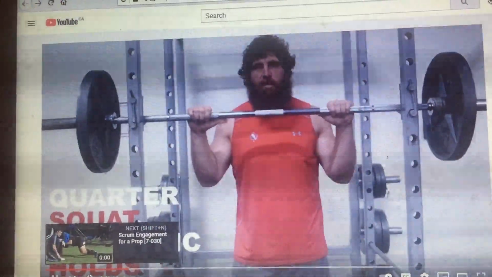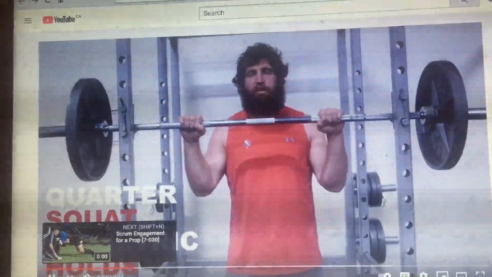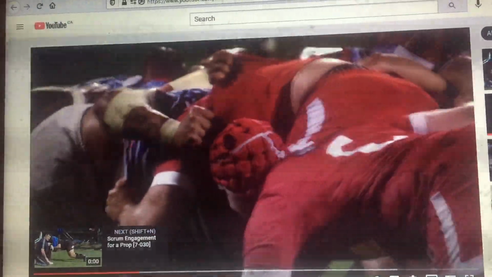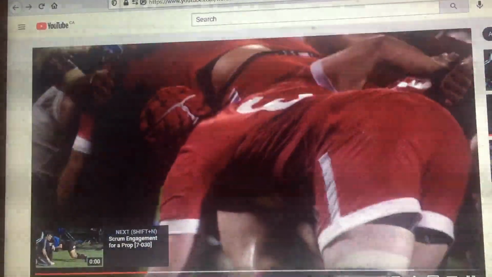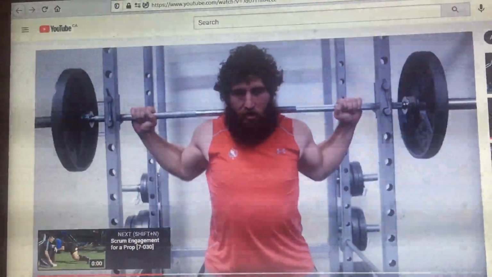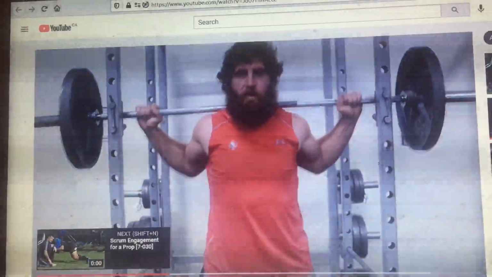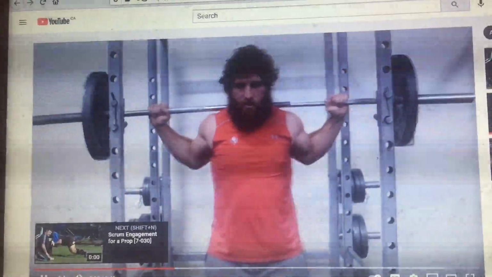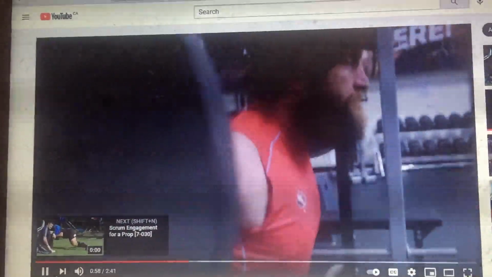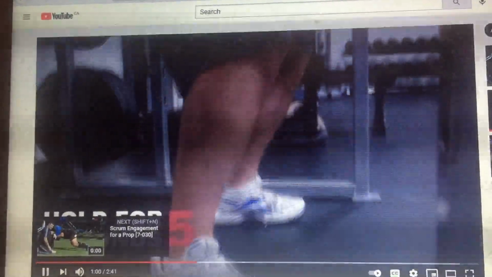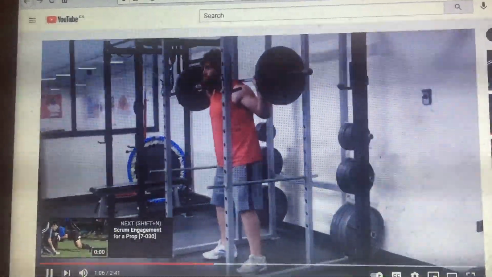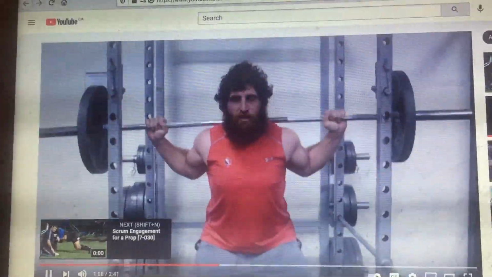One of the things we like to do is just some quarter squat isometric holds. The reason only a quarter squat is it kind of mimics the perfect scrumming position, and also it's a lot easier on your knee joints than if going full. First thing, you want to just address the bar. Make sure you keep your lats good and tight, tighten up the core, and then just sink down, making sure not to flare out your knees, keeping the core tight, keeping the lats nice and tight, making sure everything's good. Hold for about 4 or 5 seconds, and then just extend out, take a deep breath, core out again, and then repeat that 5 or 6 times.